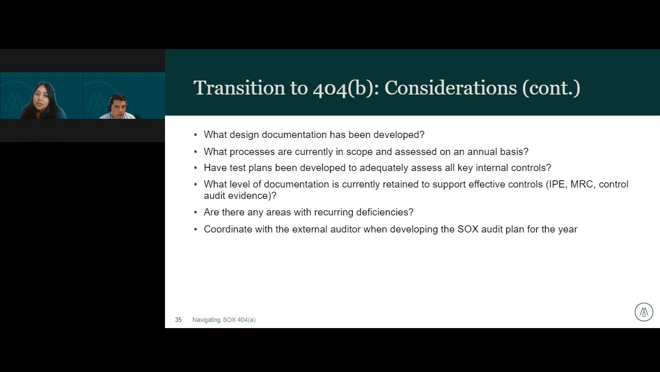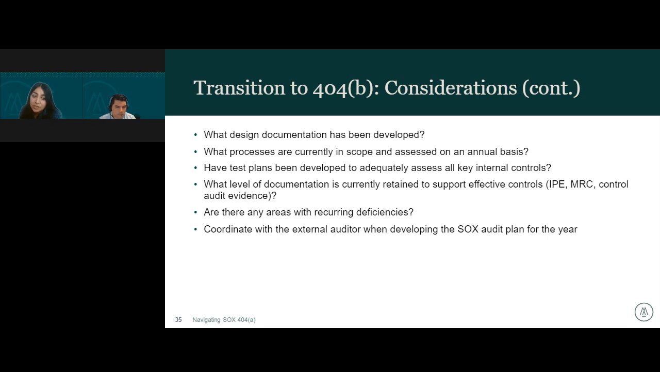Some other considerations. What design documentation has been developed, everything that Ernesto just walked through. If you're at 404A, you're not required to have flowcharts or narratives. We highly recommend you do, but you're not required. Once you reach that 404B status, it will be a requirement. What processes are currently in scope and assessed on an annual basis? Again, make sure you're aligned with what processes will be in scope, what systems will be in scope. And just before you get to that 404B stage, make sure you're really taking a look at those